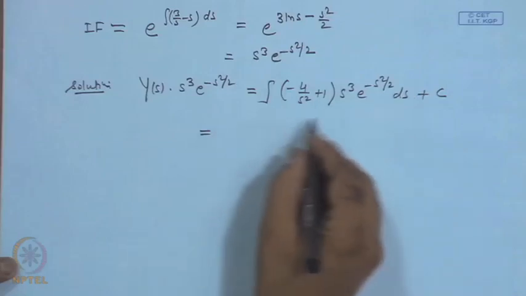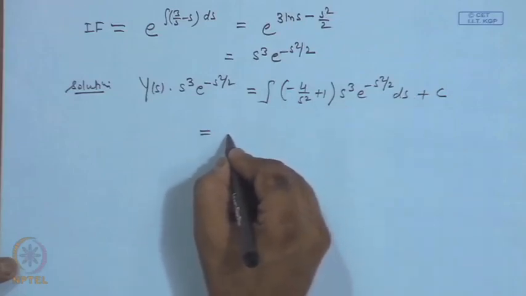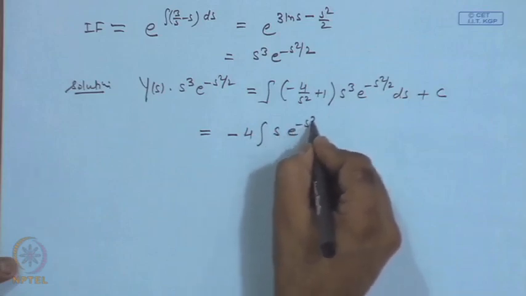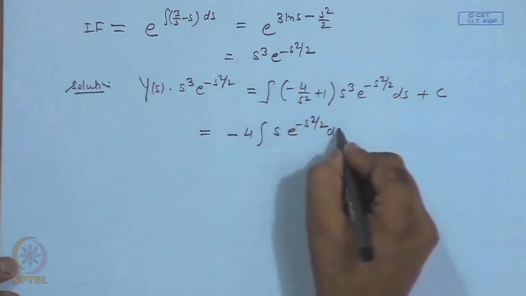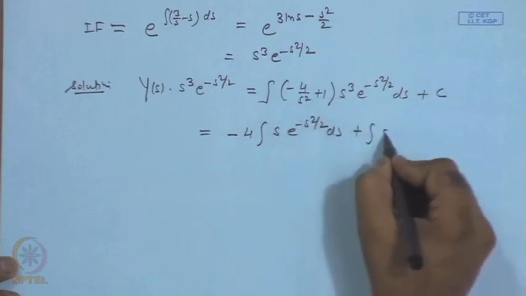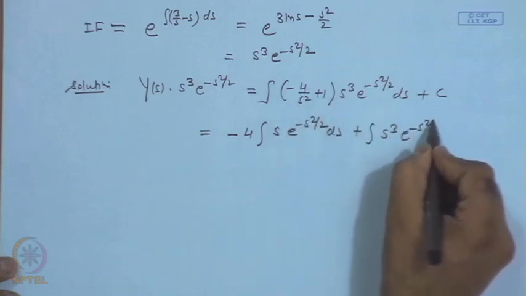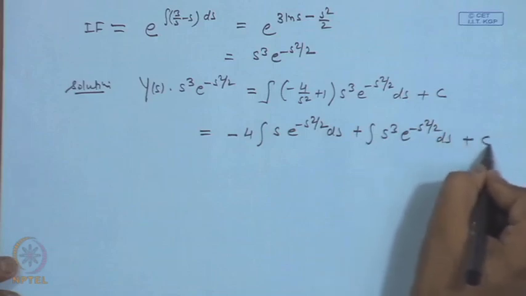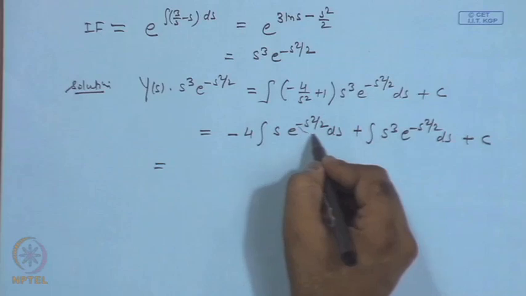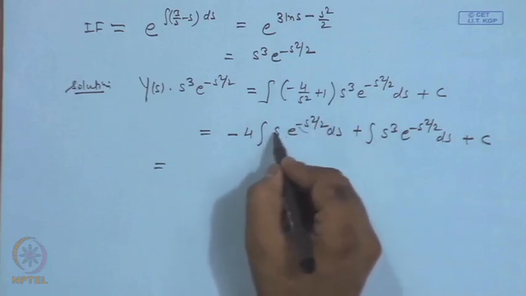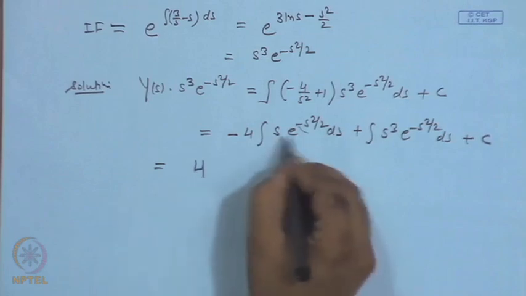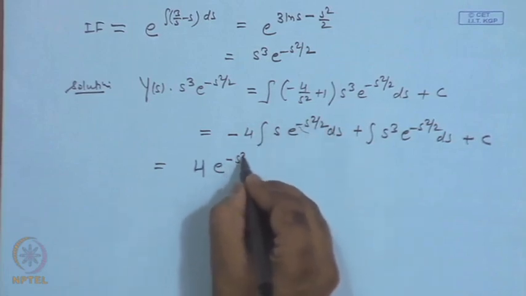So, we integrate this. So, we have minus 4, this we multiply, we have s e to the minus s square by 2, the first term, then we have plus s cube e to the minus s square by 2 ds and a constant. So, this we can integrate because the differentiation of this is sitting here with a minus sign, we will adjust at this place. So, this is nothing else but 4 e to the minus s square by 2